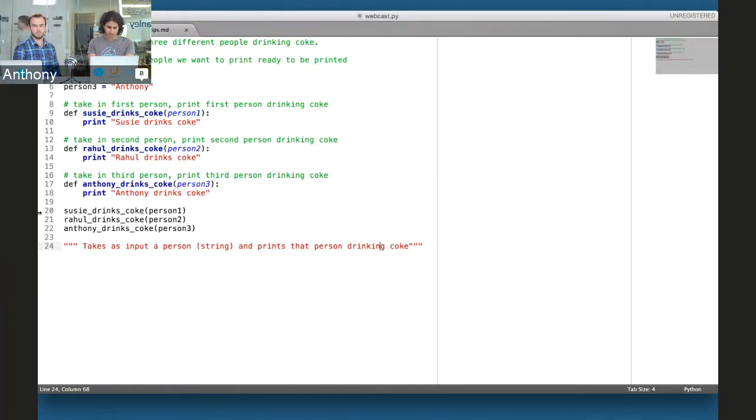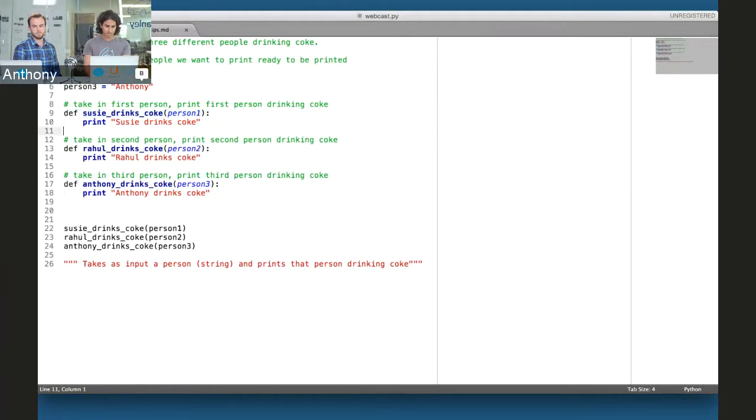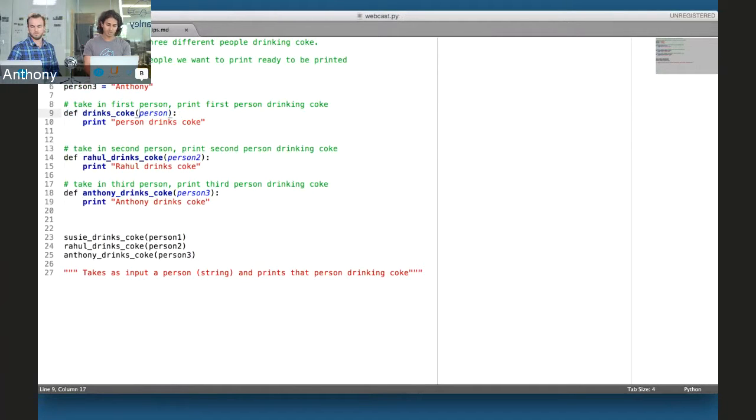So one way that we can simplify this problem is that we're really just taking a person's name and adding drinks Coke to it. So in a way, we've written out all of our code at first, and now we're trying to optimize for that. So say that we have person drinks Coke, and instead of Susie, we just have drinks Coke, and we pass in a person. So in this way, we can pass in whatever we want for the input person and just have person drinks Coke. So one way that I've optimized